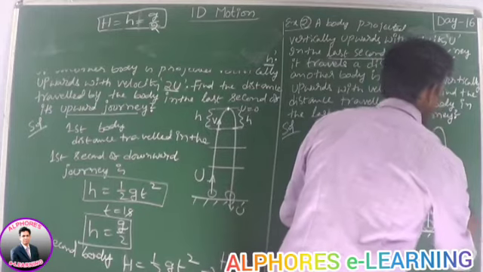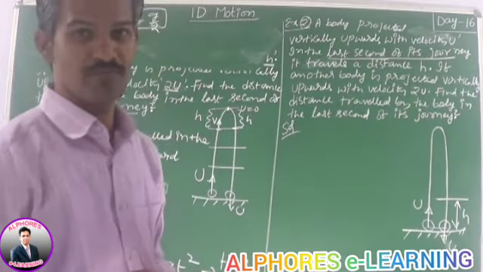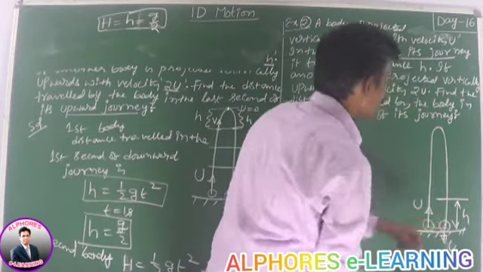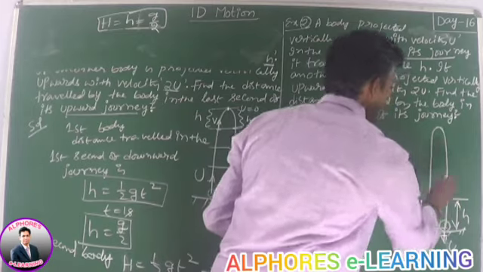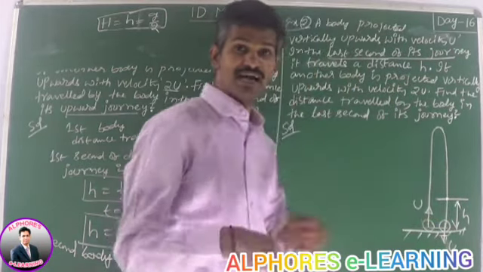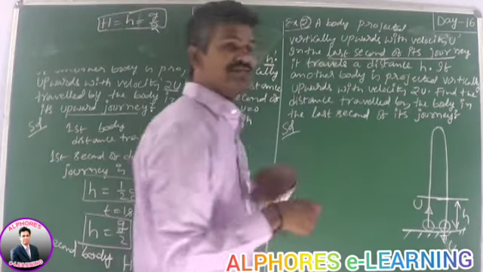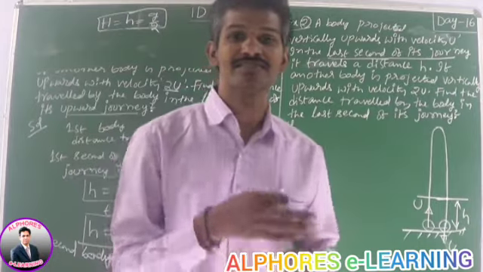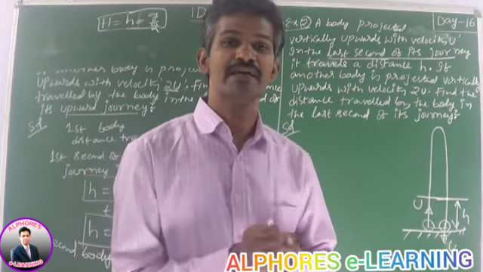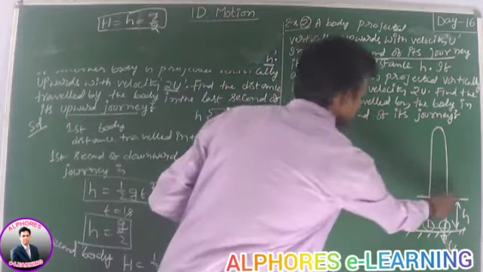Let the height be h, the distance travelled by the body in the last 1 second. If you consider this last 1 second, it is difficult to calculate because I don't know the velocity at this point, which is the initial velocity for that journey. Instead, I am considering the first 1 second of its upward journey. The distance travelled in the last 1 second of its downward journey is equal to the distance travelled by the body in the first second of its upward journey. So it is also h.